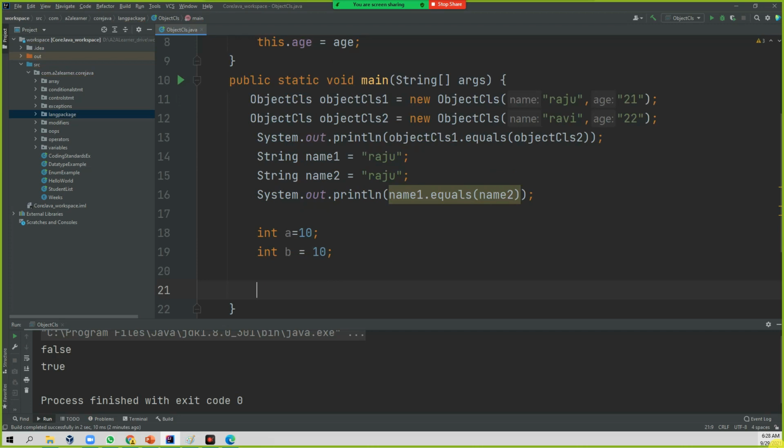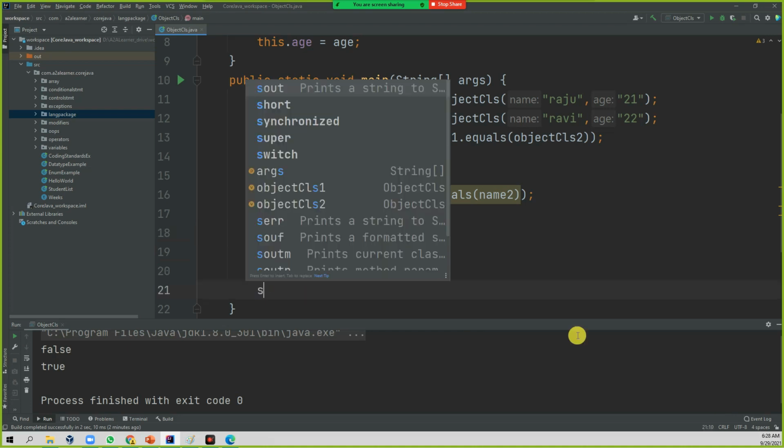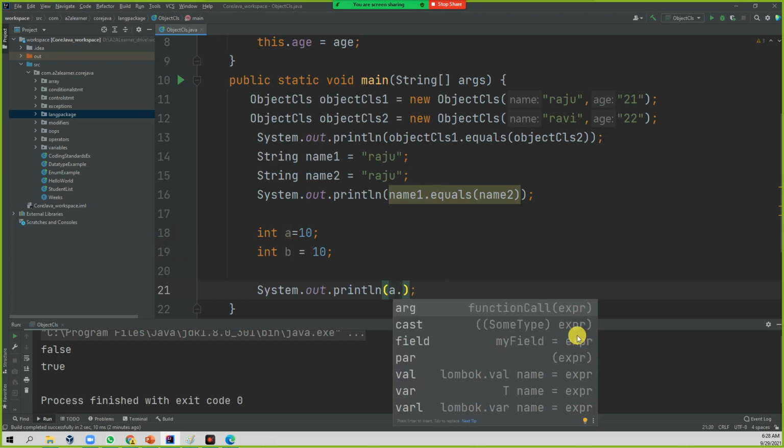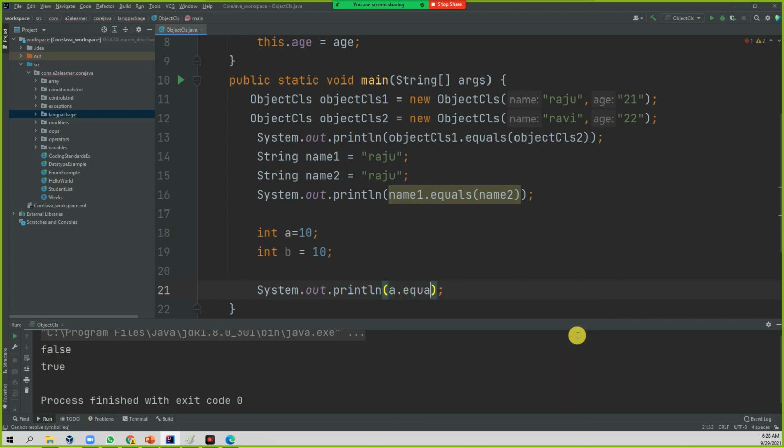No, you cannot use this, because int is a primitive data type. These are not part of the object, so you cannot compare them this way. If you try to write a.equals(b) itself, see here, I'm getting an error because int is a primitive. In these scenarios you should not use it.